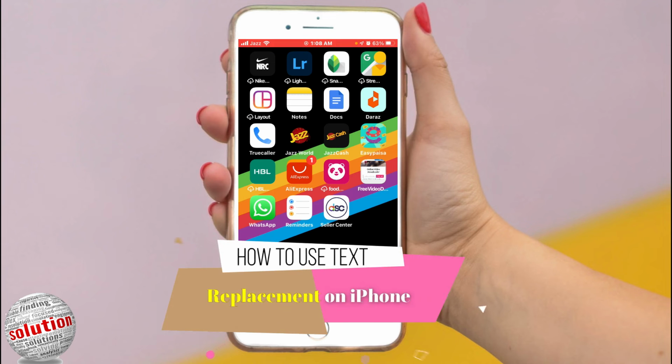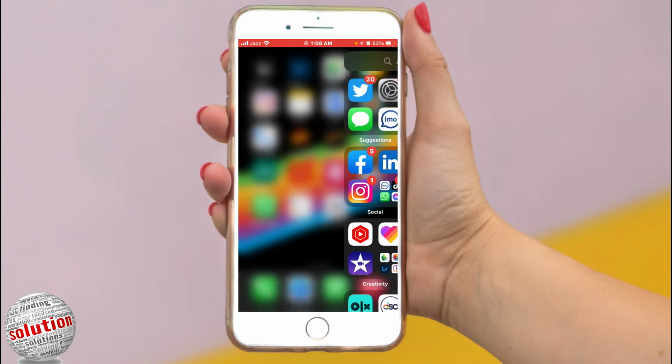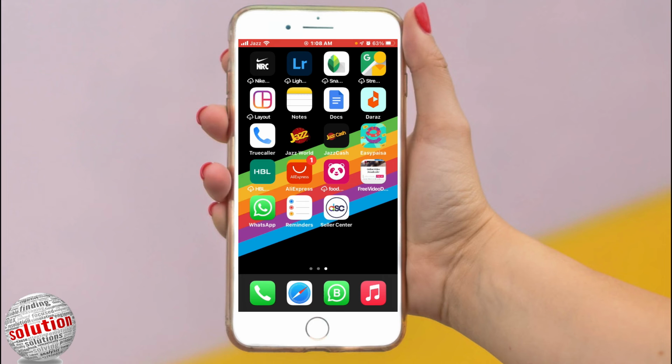In this video, I will show you how to use text replacement on iPhone. Set up a text replacement you can use to enter words or phrases by tapping just a few characters. While tapping a text field,